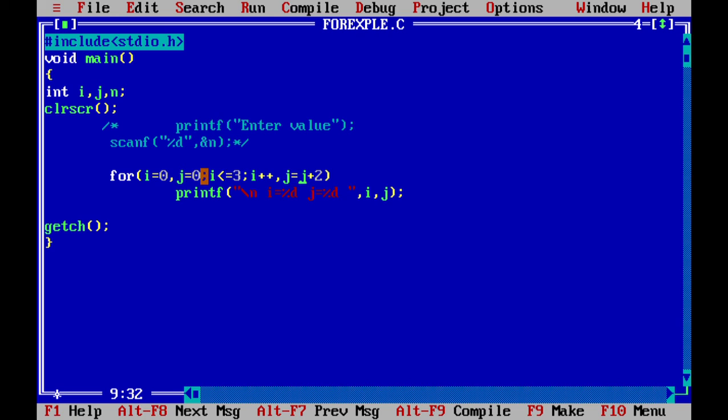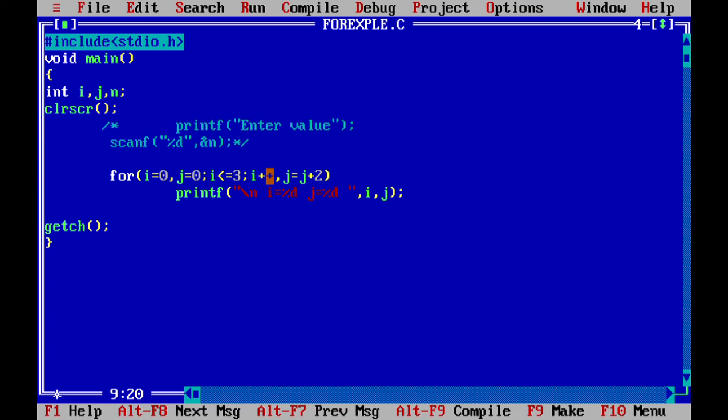It is also possible. But the only thing is, if you want to initialize multiple variables, separate them with a comma. Suppose you want to initialize one more variable here, just write a comma and after that initialize that other variable. And the same case for the increment and decrement also.